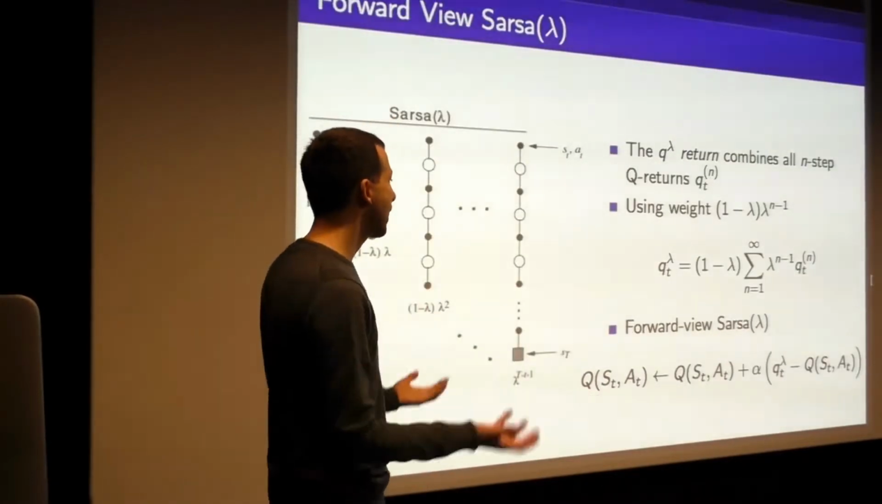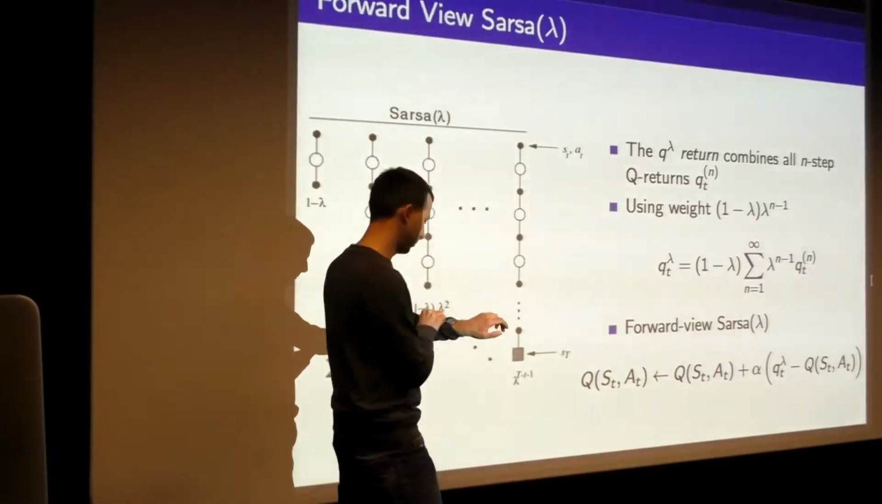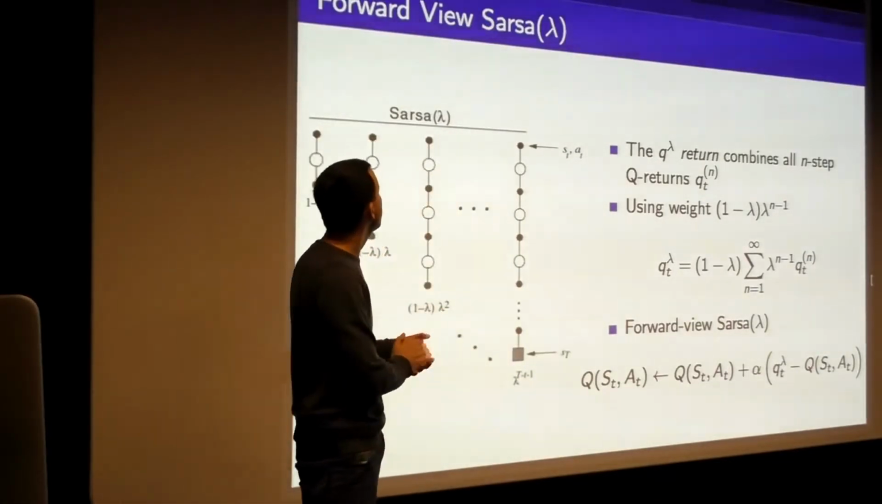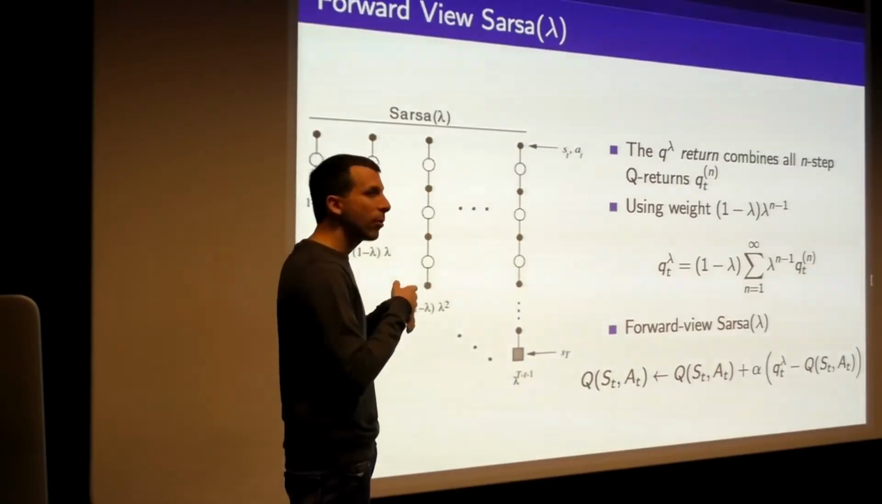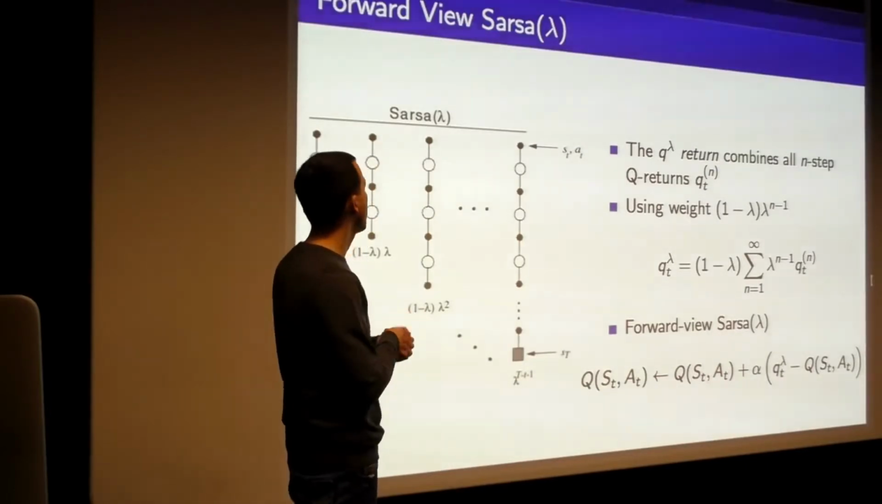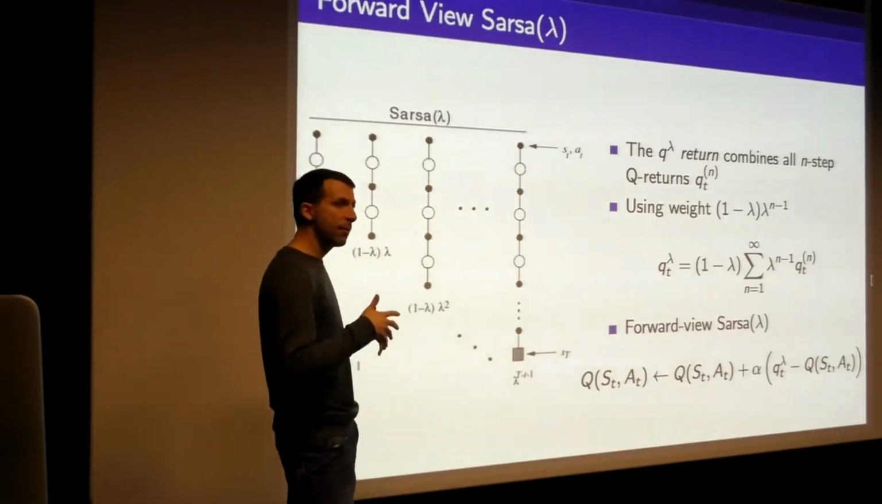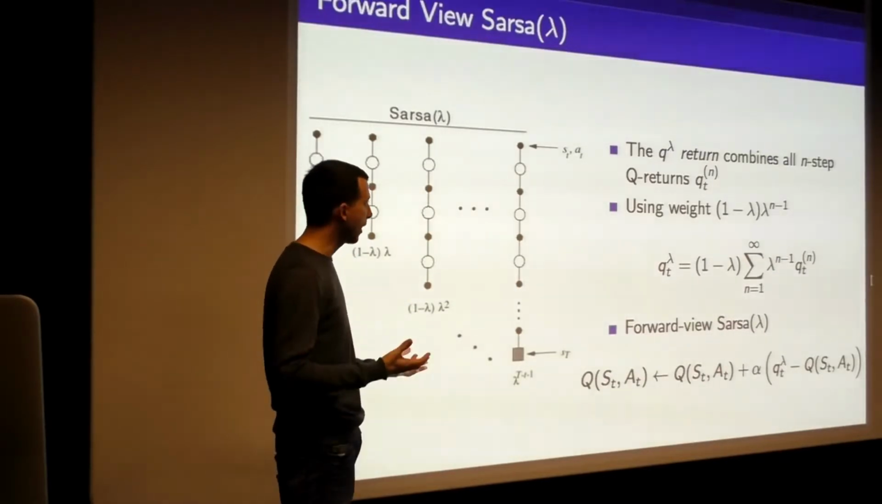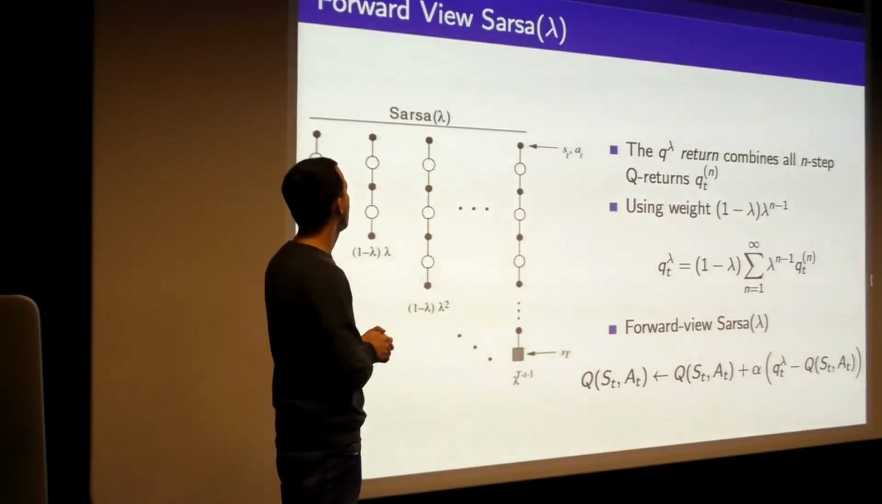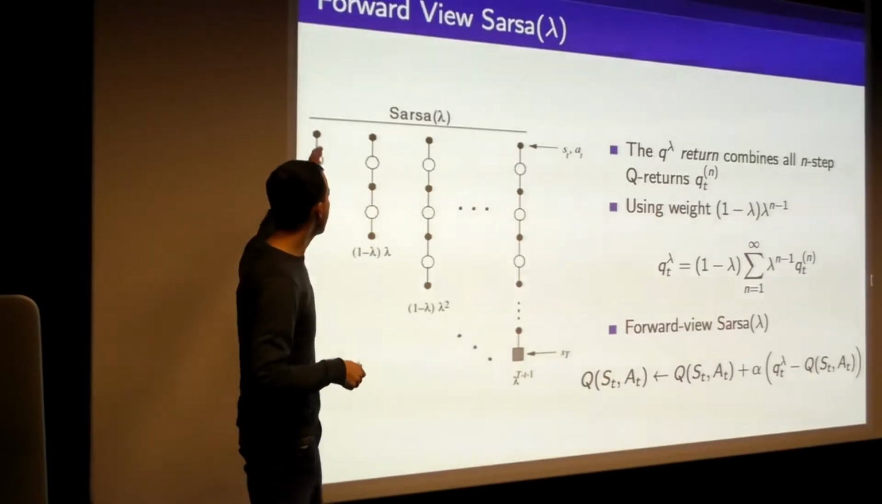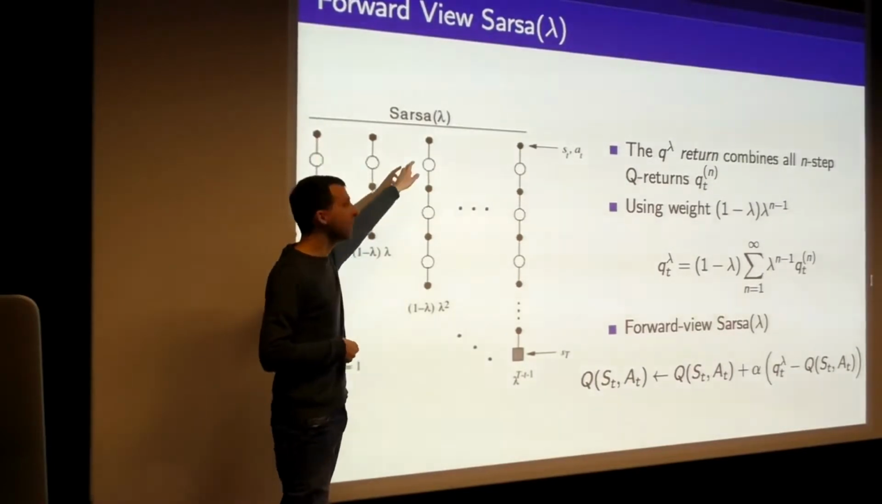So, let's make a lambda version of this algorithm. This algorithm is called SARSA lambda, a very well-known algorithm. What we're going to do is first consider just the update. What does this look like before we talk about the full algorithm? The idea is we're going to basically average over all of our n-step